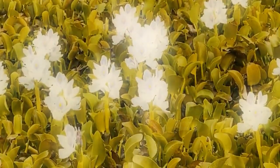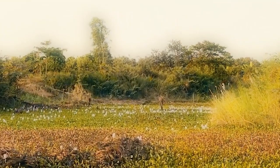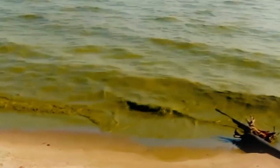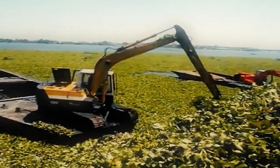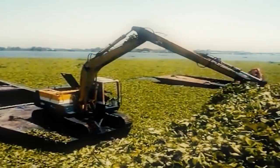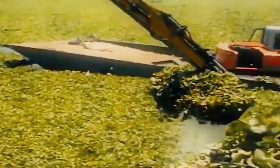Water hyacinth, also known as the Nile rose, was said to be cultivated on the Nile as a decoration to beautify the mighty river. But time has proven that beauty has a cost. The rose is an economical and ecological burden to many regions of the world. For over a century, Egypt and many other countries worldwide have focused their efforts on removing, managing, and sometimes even